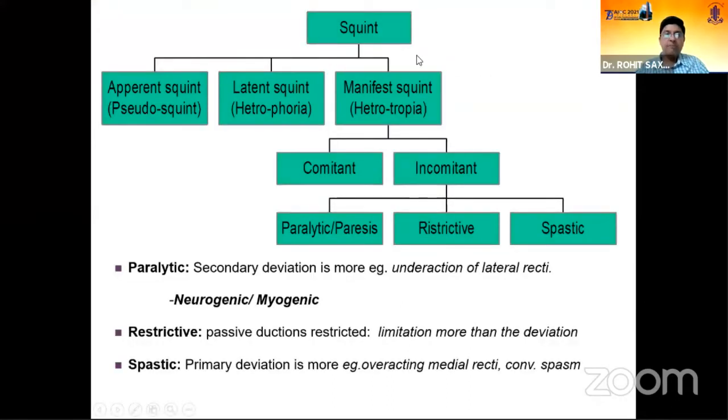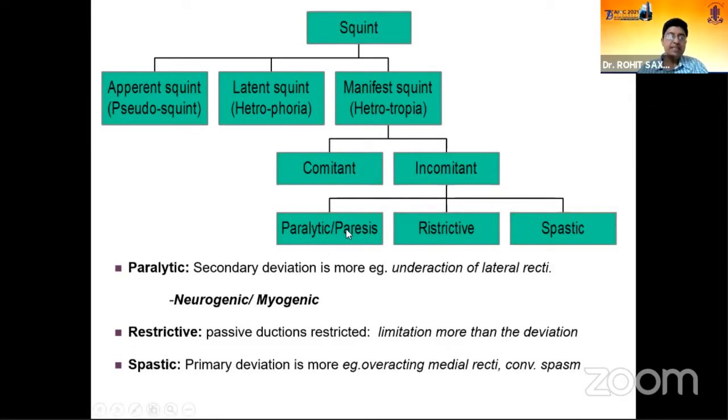All that we have talked about actually comes up in this broad chart that we can see. Strabismus can be pseudo, latent, which is occasionally there, and of course manifest to latent intermittent squints and latent esotropia, as we've talked about. Manifest squints can be comitant. We've discussed the common eso and exotropes. We discussed the incomitant strabismus that can be paralytic and restrictive and very rarely strabismic, spastic.